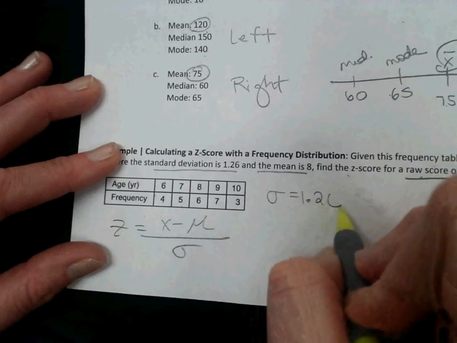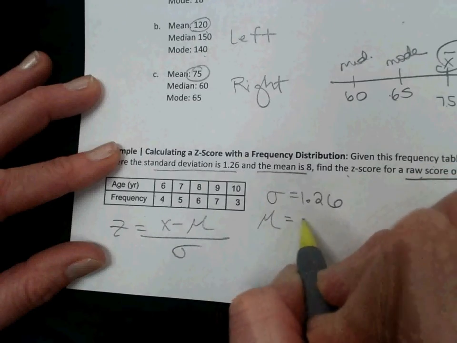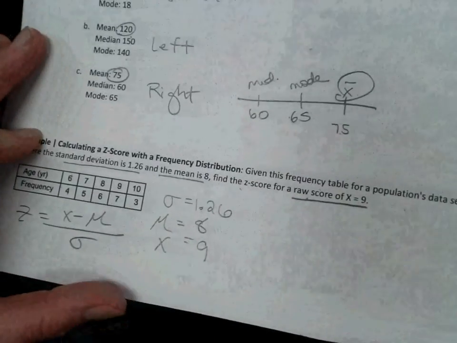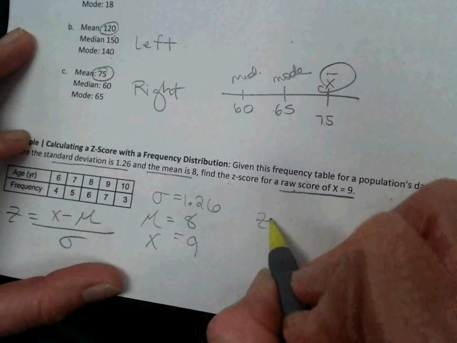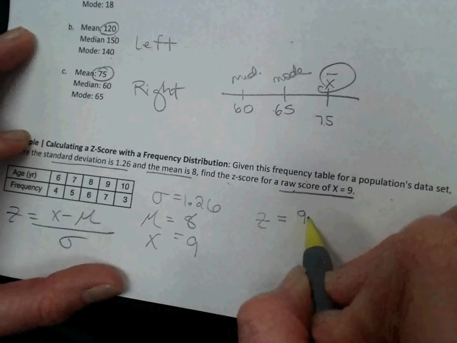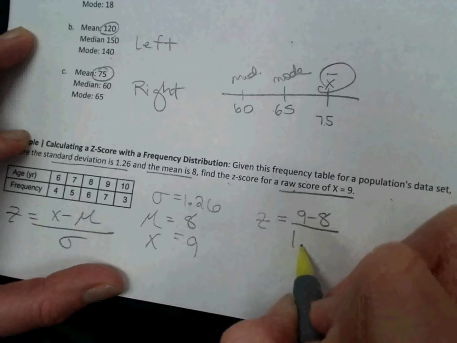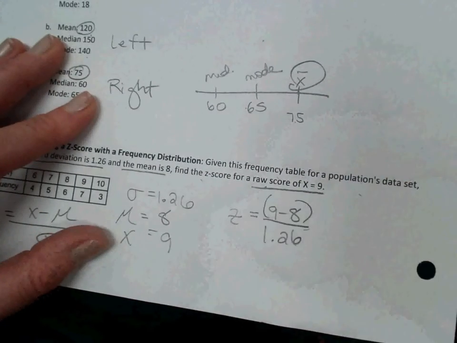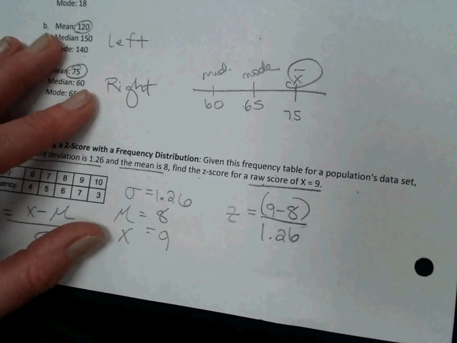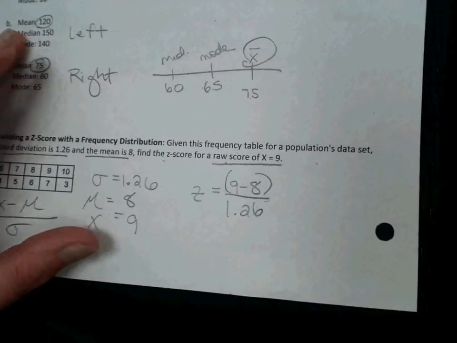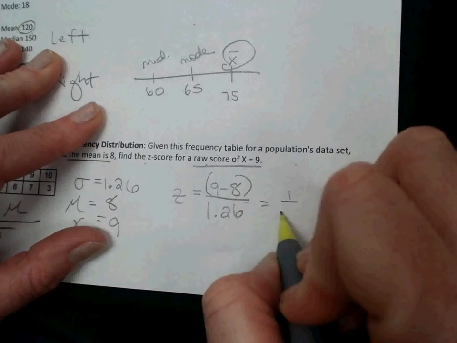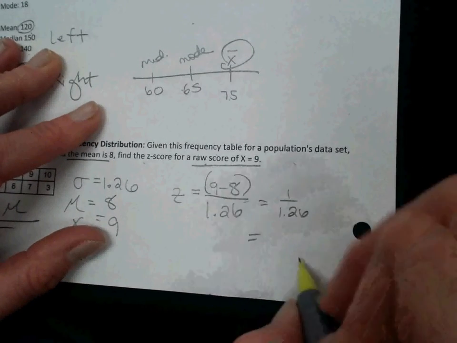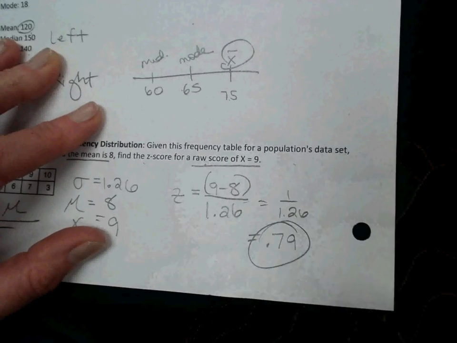It tells me that my sigma is 1.26, my mean is 8, and my x is 9. Just need to plug those in, calculate z. 9 minus 8 divided by 1.26. Common mistake here is to forget some parentheses here or calculate 9 minus 8 first, which you don't need to probably do in a calculator. So 1 divided by 1.26, what do we get? 0.79,